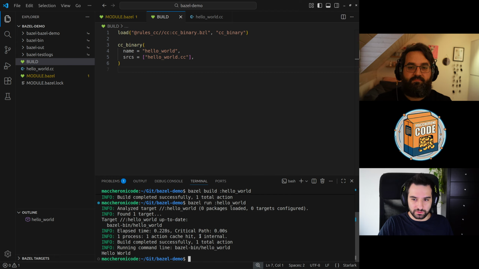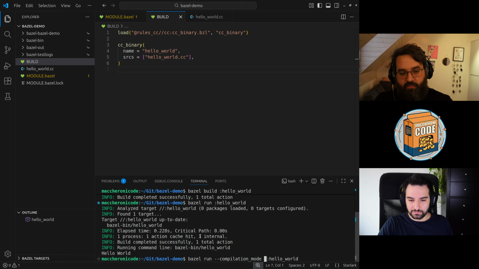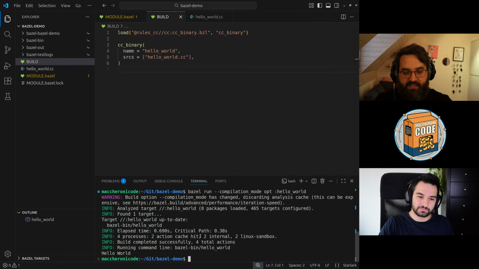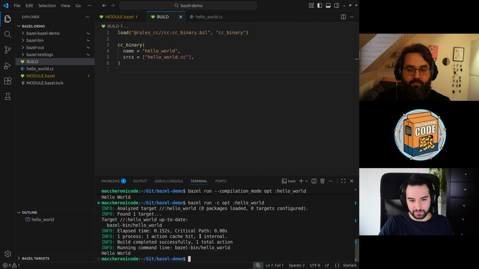Okay, but what if you want to build an optimized version, for example, of this build? Okay, so, well, you can go and add an argument called compilation mode. And, well, you have 3, which is debug, which is a classical debug with all the debugging information. There is fastbuild, which is the equivalent of O0 in GCC, where we don't have debug, but you are not optimizing. And then you have opt, which is the version that goes. So it rebuilt and ran, but for difference, compilation mode is just -c. Okay, easily. More easy to use and to remember.